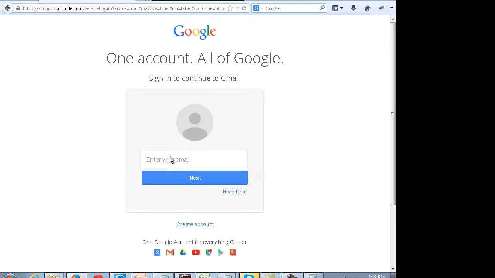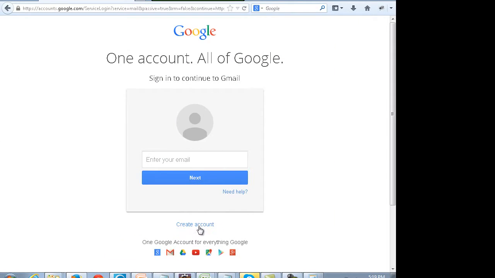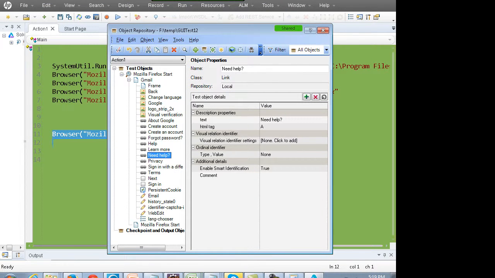You click on this, you click anywhere on this text field, this text field is found, you drag it. You click on this, you click on, say, the link Need help, this is the link Need help. Alright, fine. Now moving ahead,